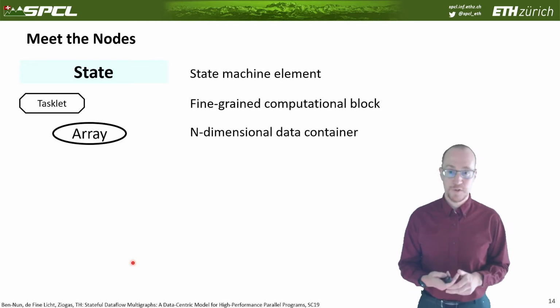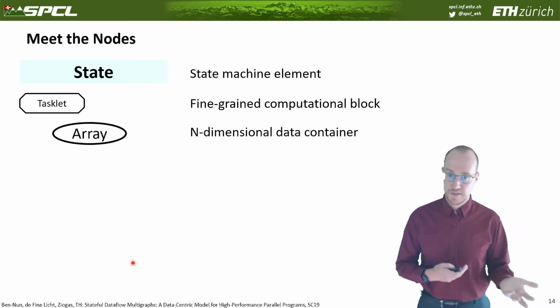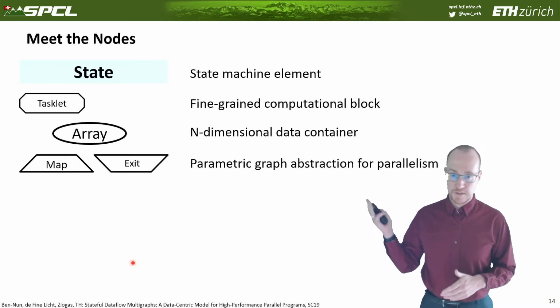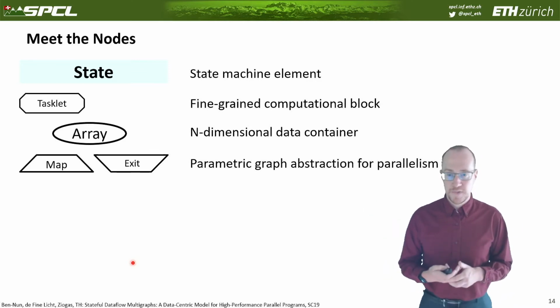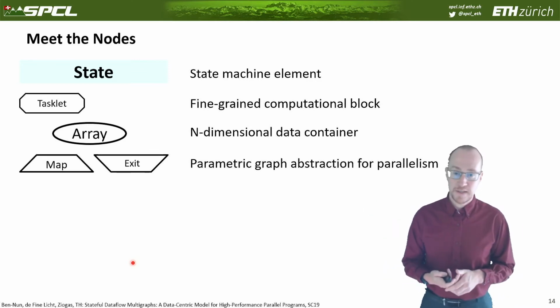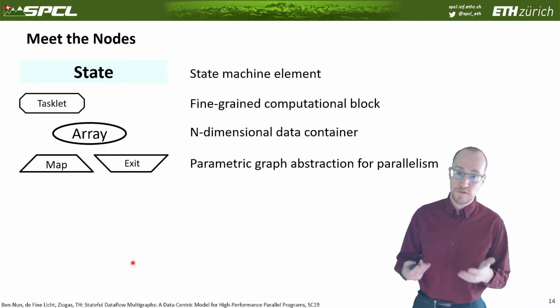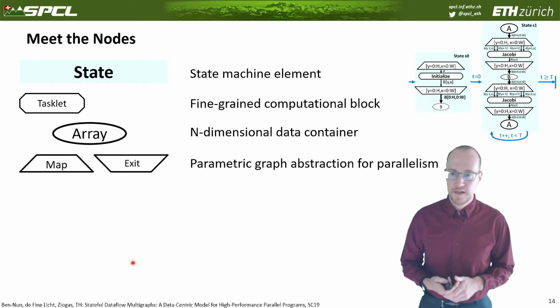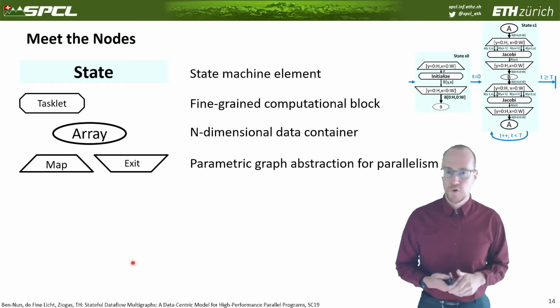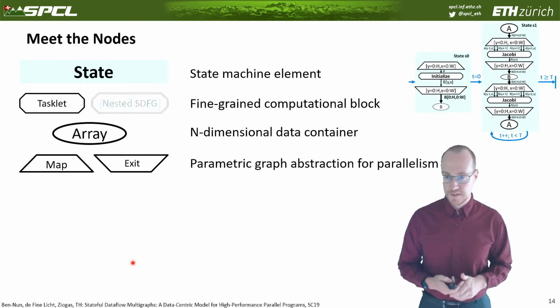We have arrays, which are extremely important as sources or sinks for data flow. We have now these different maps, which are really iteration spaces, and they're independent iteration spaces. Whenever you have loop-carried dependencies, you express this either through data flow or through different states. Here you see an example of a more complex graph, and you can see all these symbols in this graph.